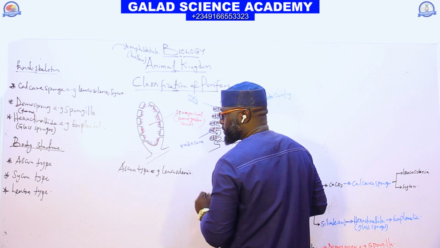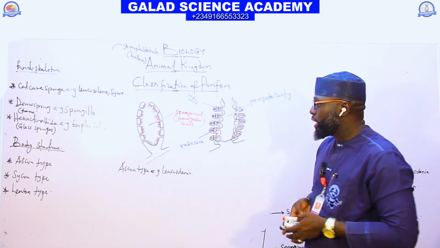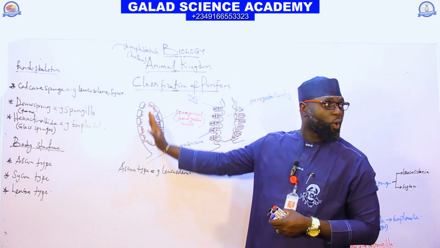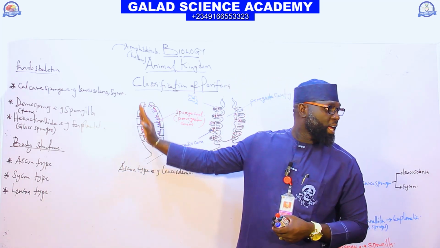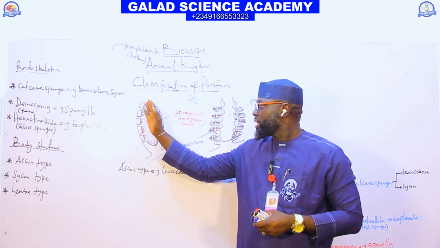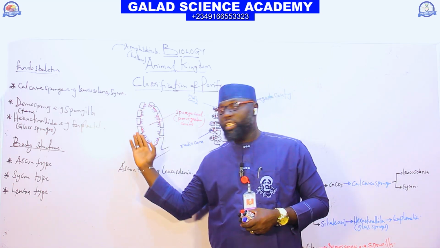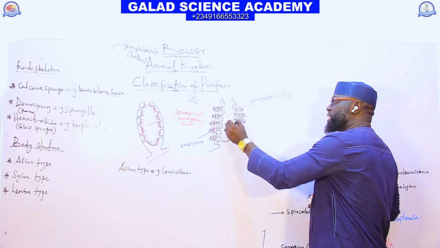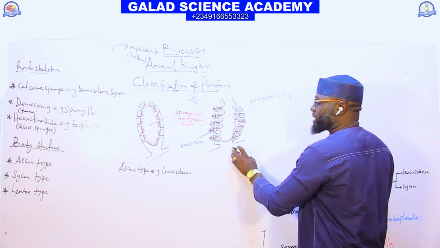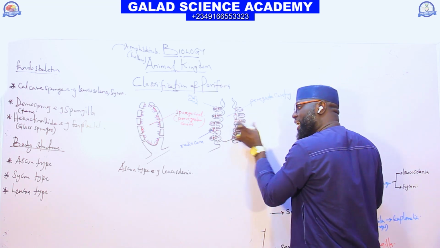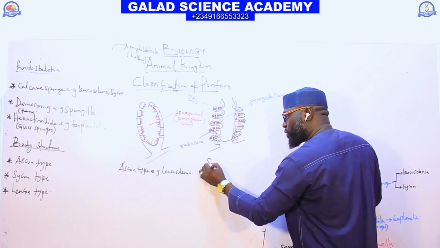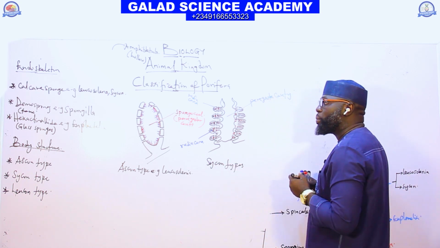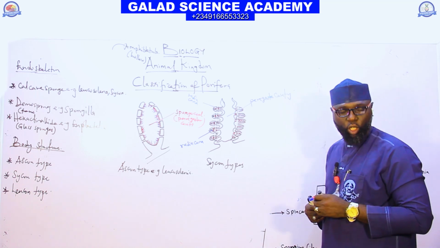An example of Ascon type, for example, we have Leucosolenia. So in Ascon type of sponges, the choanocyte can be found inside the paragastric cavity or spongocoel. But here, the choanocyte can be found in the radial canal in case of the second type. But the last one, which is